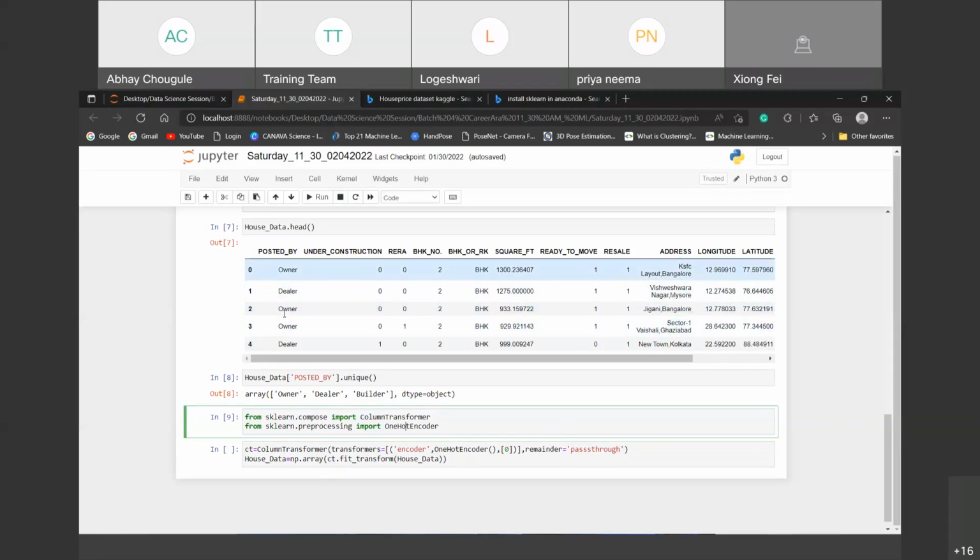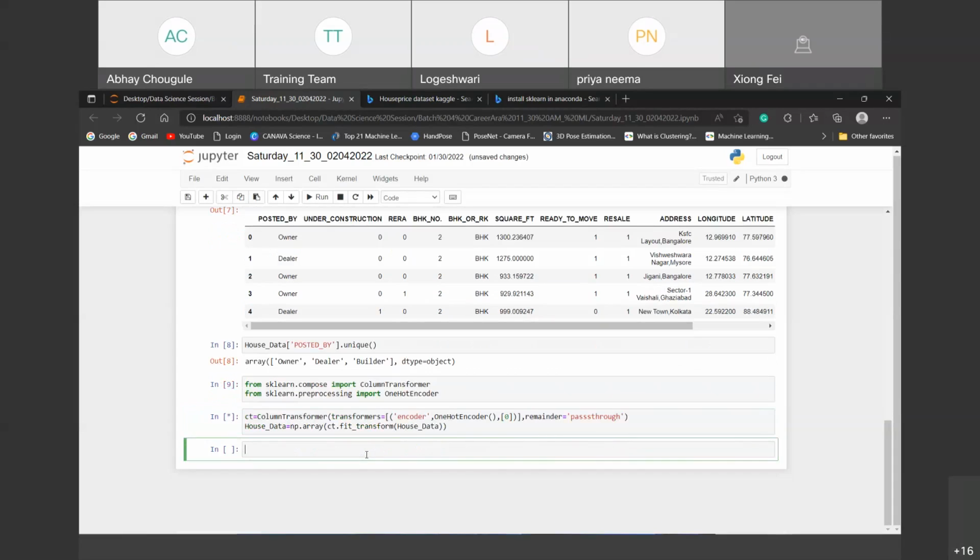So this is my index, so I'm passing 0 here. Once it transforms all the data in the ct, that comes into np.array. Why? Because we have converted your string data into numeric. That is why we have taken np.array, right? And that will be stored in the same variable. So if I execute this, check out